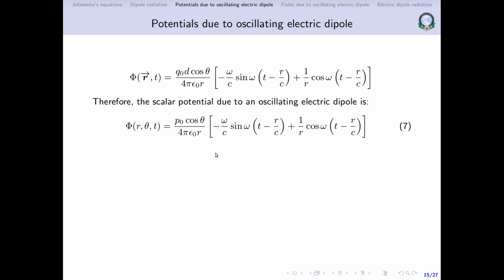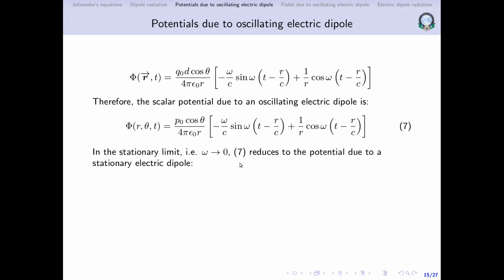We have already applied approximations 1 and 2. So we need to apply approximation 3 here. Of course, before that, I'll come back to this later. So according to approximation 3, that is r is far greater than c by omega. That means we are talking about the radiation zone. R is extremely large, right?